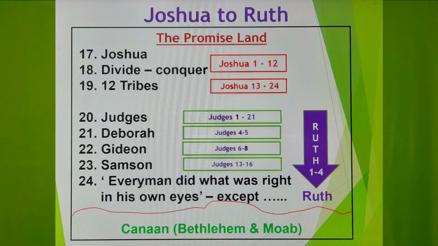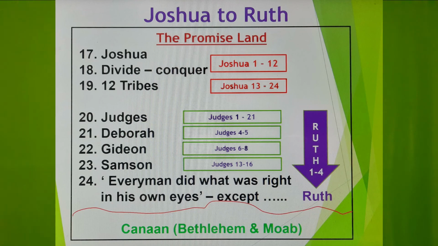The 3 detailed people are Deborah, a lady, and Gideon and Samson. These are the 3 major people, and a lot of stories are written about these faith warriors. The other 10 are just passing. When we come to the last verse of that book, it says, "Every man did what was right in his own eyes." Look at that verse. It's not a good verse, it is a negative verse.